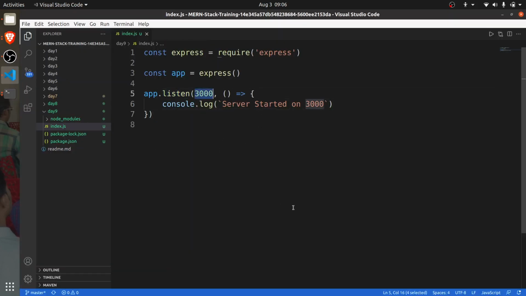Now, the way we have studied, HTTP has different methods: get, post, put, update, delete, right? HTTP has these verbs. The HTTP client can communicate with the HTTP server by means of these.